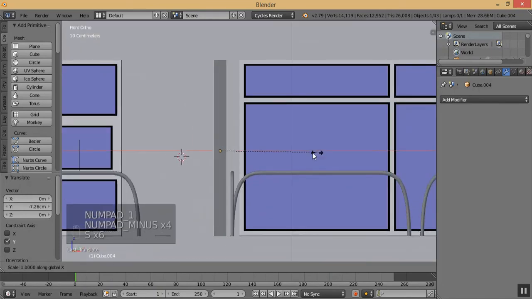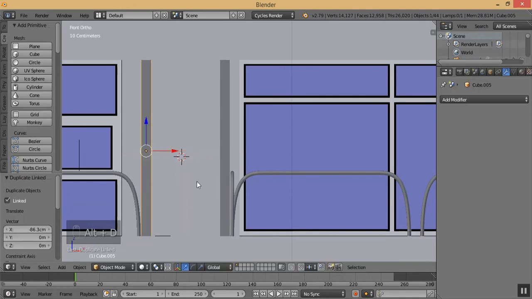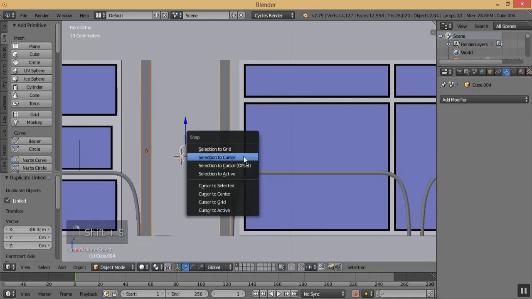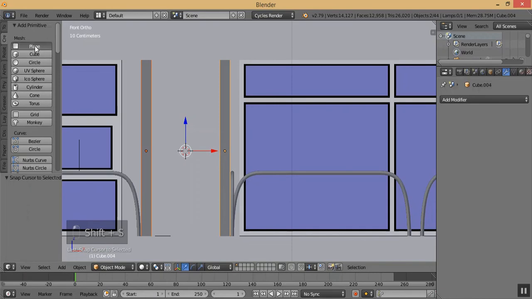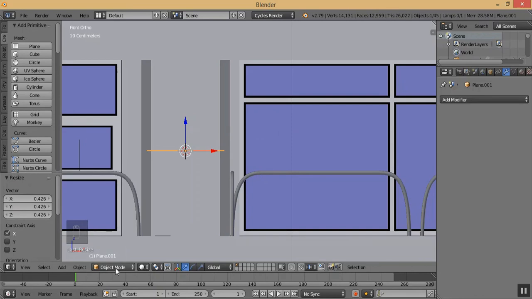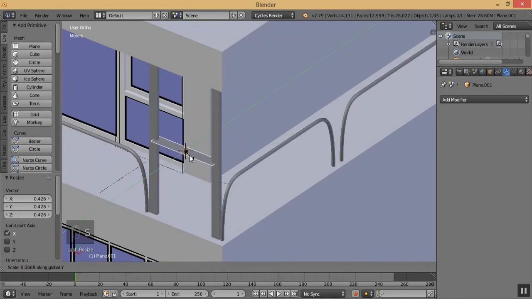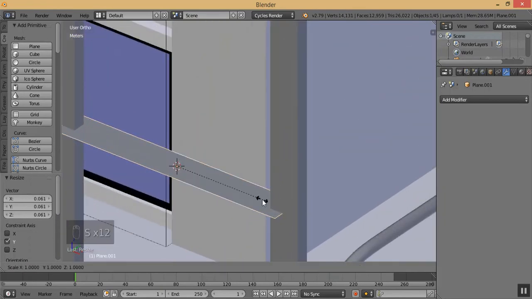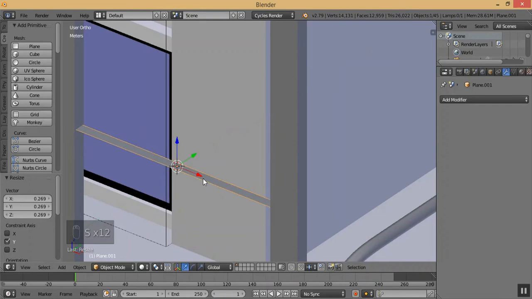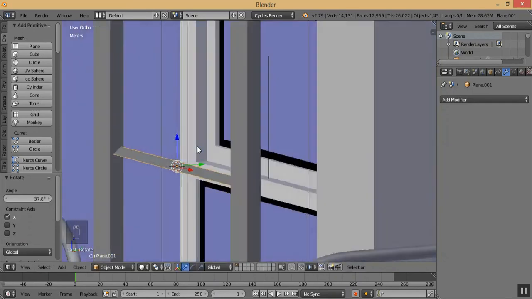Press Alt D, just like that, place it in here. It's like this, and press Shift S, cursor to selected, and then create a plane, and then press S, S, and then press SY, and SY. What we are going to do is rotate it just like that. Put more,